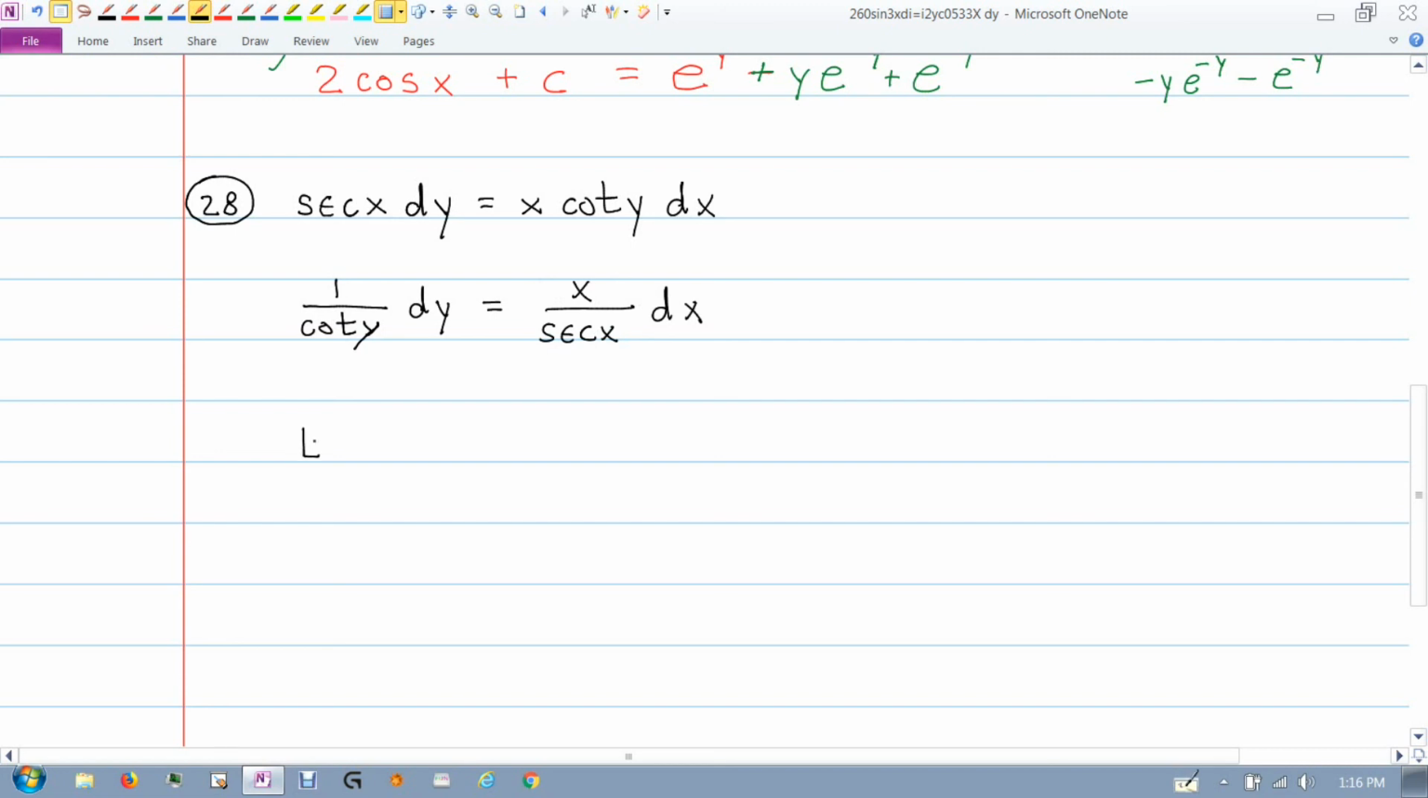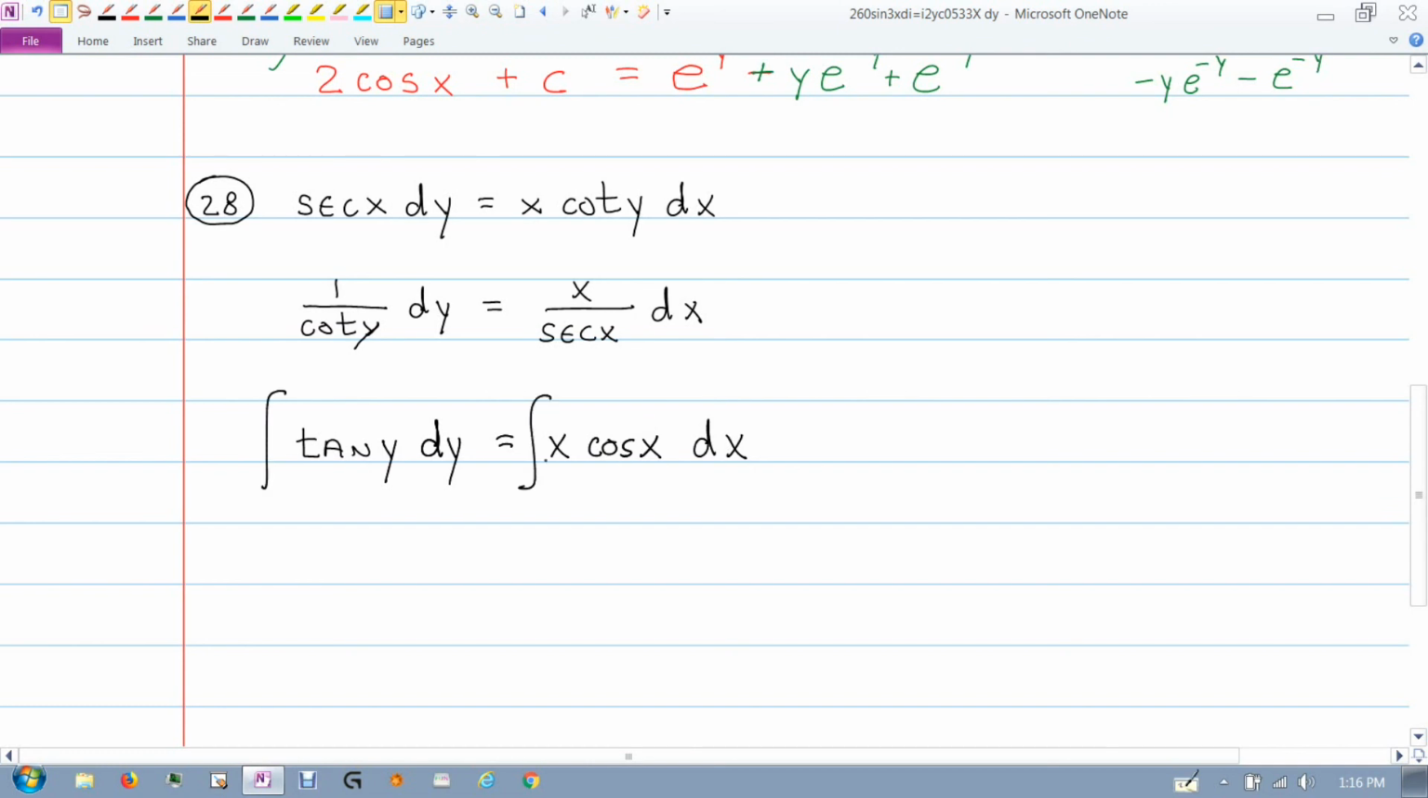Now 1 over cotangent is the same as tangent, so tangent y dy equals, and then over here this is really x. Secant on the bottom is the same as cosine on the top, because secant is 1 over cosine. So that is what I'm looking at here. Now we need to integrate,